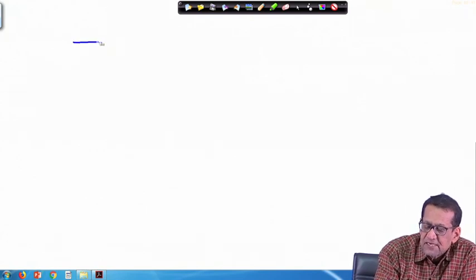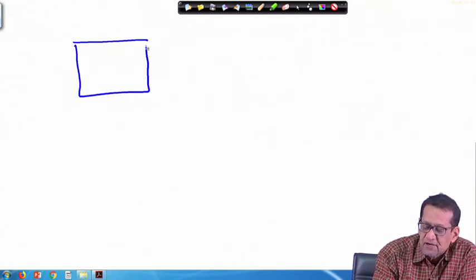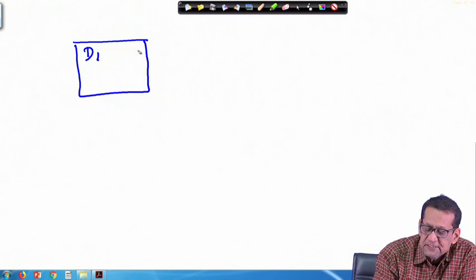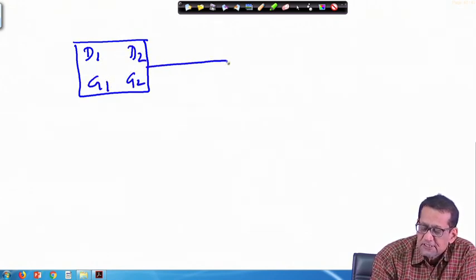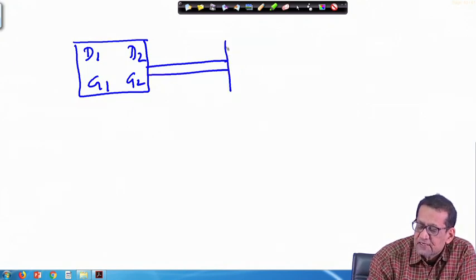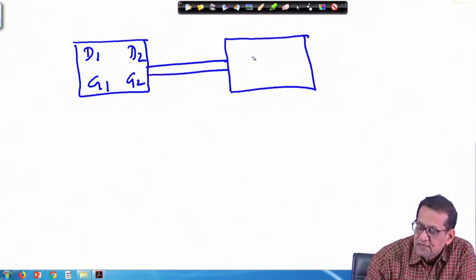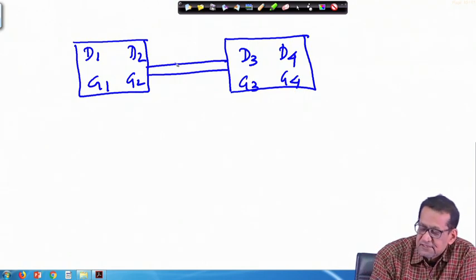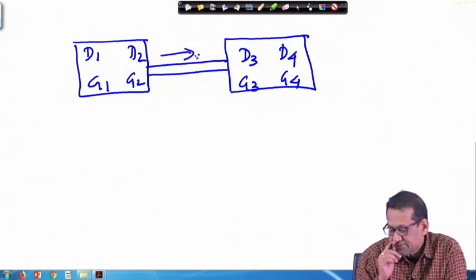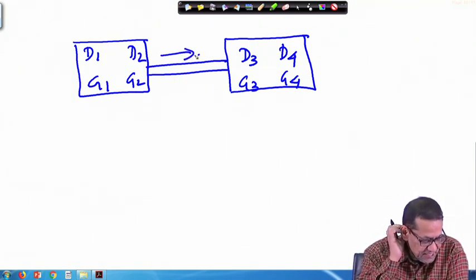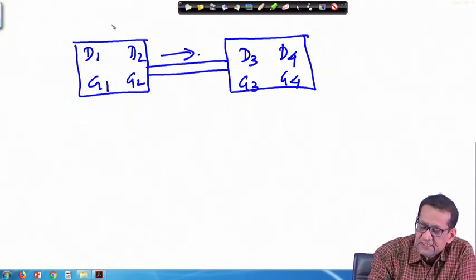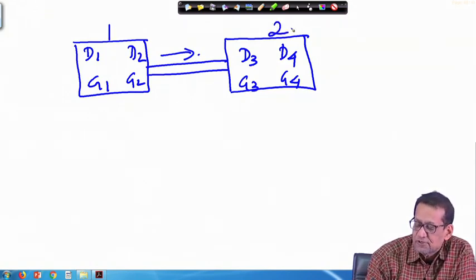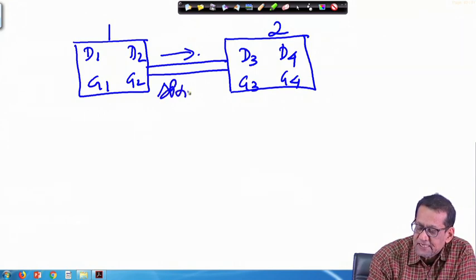So, this is my area 1, this is already done, but this is DISCO 1, this is DISCO 2, this is GENCO 1, GENCO 2 and this is the tie line, and this is my DISCO 3 and DISCO 4 and this is GENCO 3, GENCO 4, and the direction is this way. I think it has been asked to find out the direction of the tie line power flow. So, this is area 1 and this is area 2, and therefore, the way we have taken the direction,